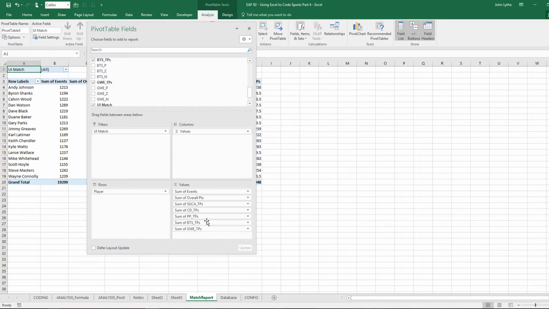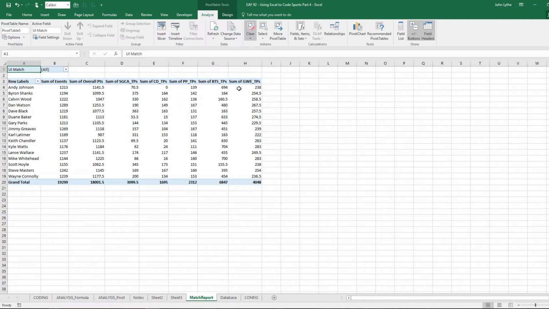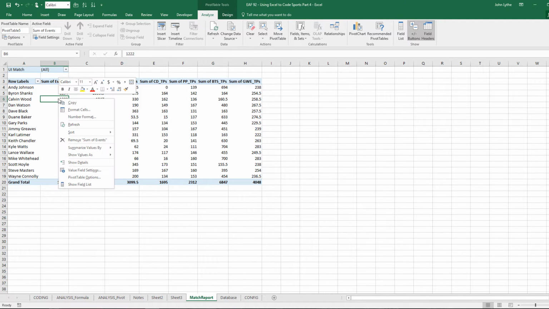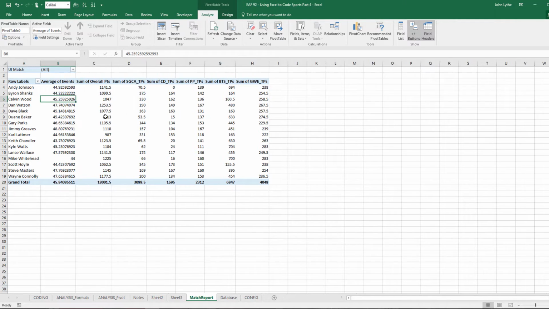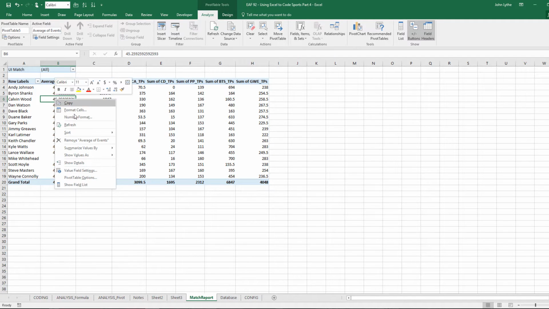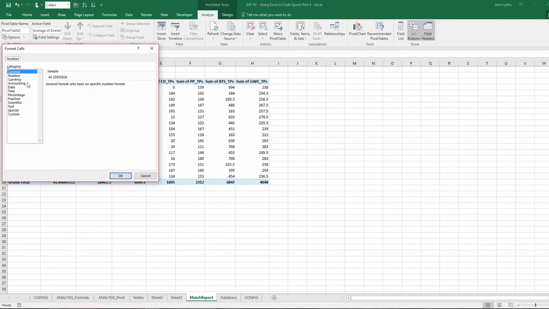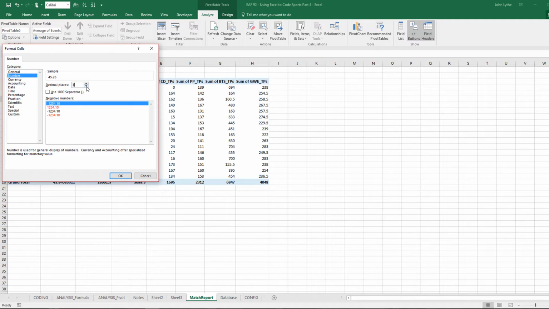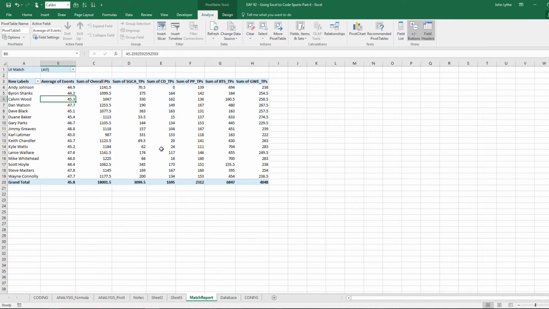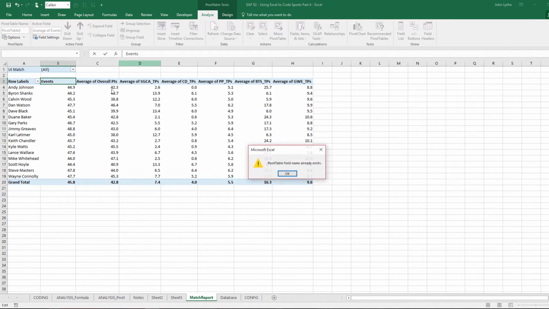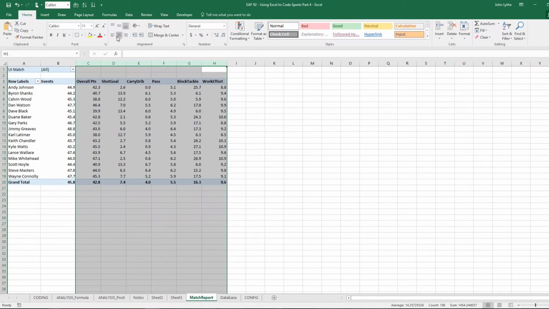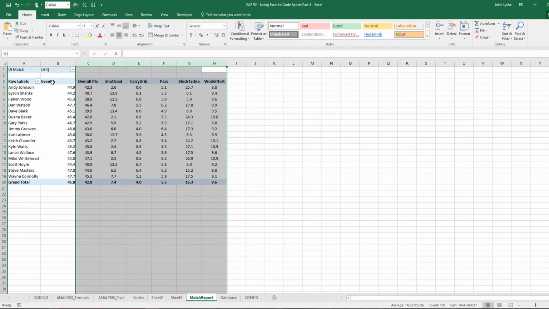So we've got 5 categories: an overall summary and the total number of events. Now in all cases they've defaulted to sum because that's what pivot tables do. So I just simply want to change them all to average, and also change the number format to a single decimal place, so it's a bit easier to look at. Also want to tidy up the titles, reduce it down. I'm going to center it up,